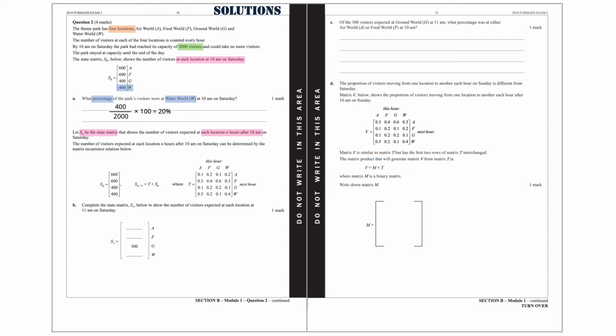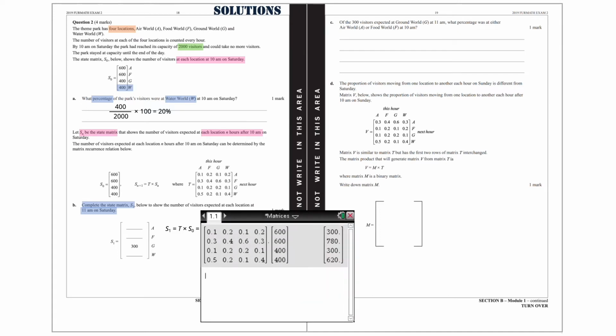Part B. Complete the state matrix S1 below to show the number of visitors expected at each location at 11 a.m. on Saturday. For this, we need to calculate S1, which is T times S0. So the number of visitors at Air World is 300, at Food World is 780, and at Water World is